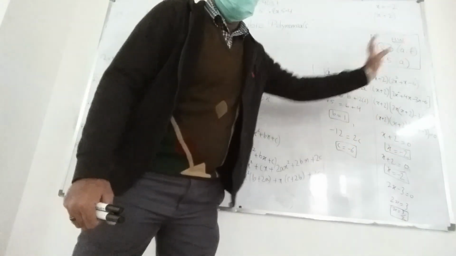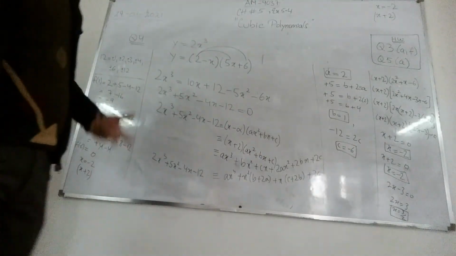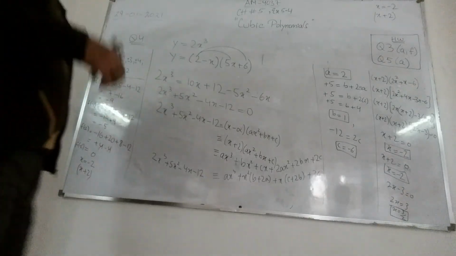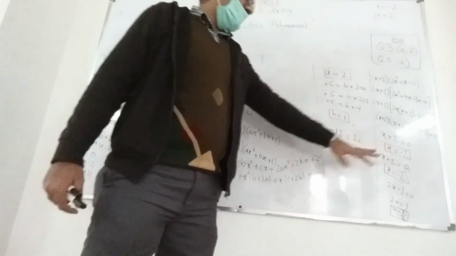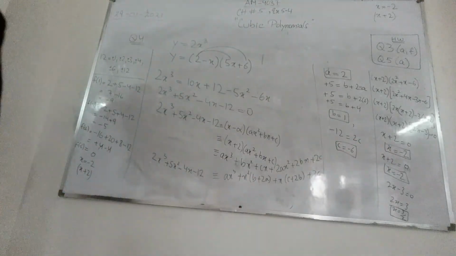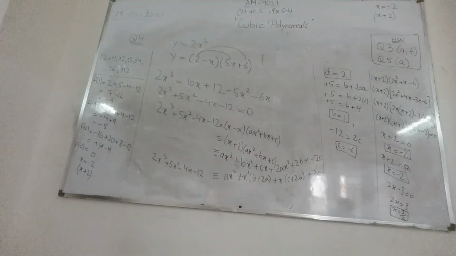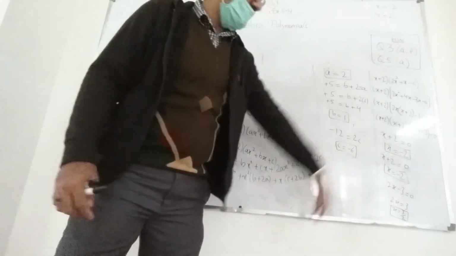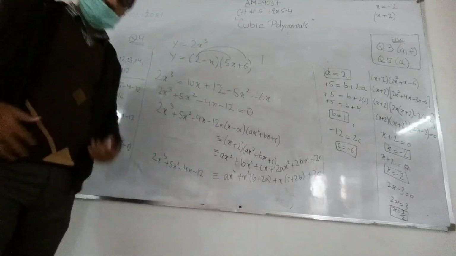This is plus 2. It will be shifted on the other side, inverse operation. It will get subtracted. 0 minus 2 is minus 2. X plus 2 equals to 0. Again the value of x is minus 2, and then the last 2x minus 3. On solving, you will get the value of x is 3 upon 2. So these are the three values for the x. I hope